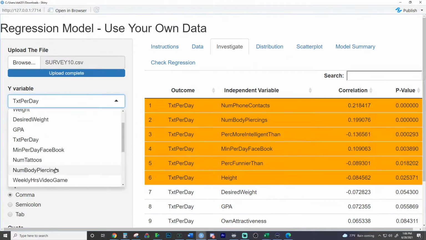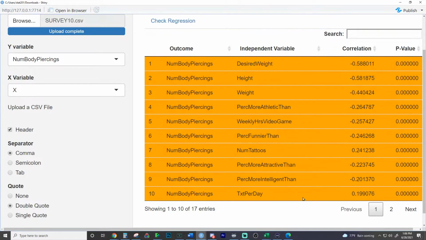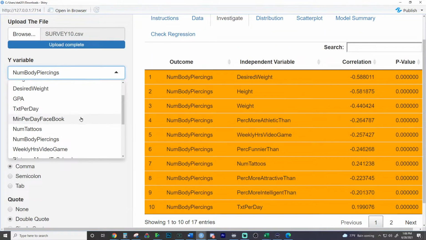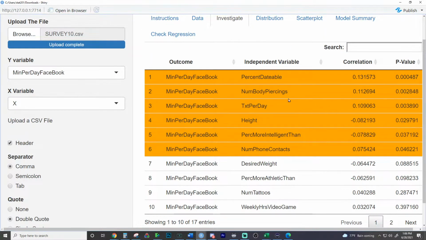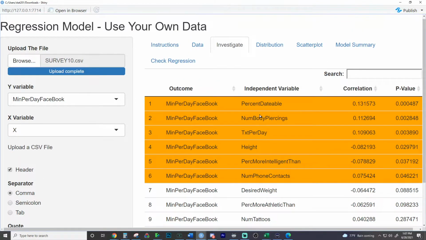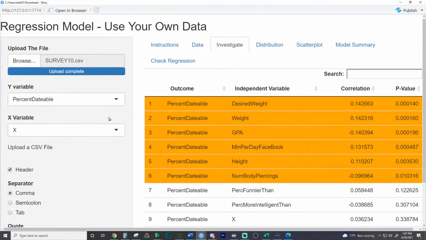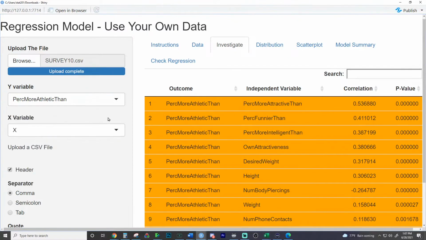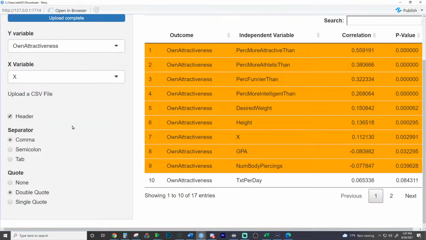What function is running in the background right here? And you can see it. All correlations, Dylan. Yep, this is running all correlations, and it's telling you what is statistically significant. I wanted to make it so you could click the variable and then it would come up as the X. I couldn't figure that out, but I was able to color code the rows here to give you all correlations. And so I actually had to recalibrate all correlations. But when you select a variable, it literally does the all correlations for you.